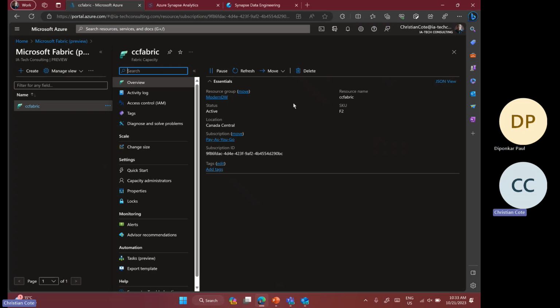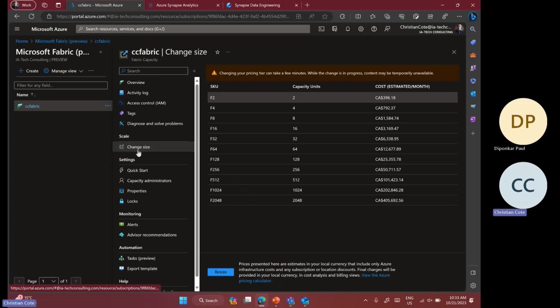You can schedule it. So you can also have different sizes here. You see from F2, and this is the cost if you run it 24/7 here. But if you pause it for 12 hours a day or nine hours a day, it will cost you much less, right? But you have the capacity here. Of course, if you run the big one here, 405 a month, that would be crazy. You might use it for a short while, but maybe not for a month. Me, I'm cheap. So I said, let's go with the cheapest one for my demos here.